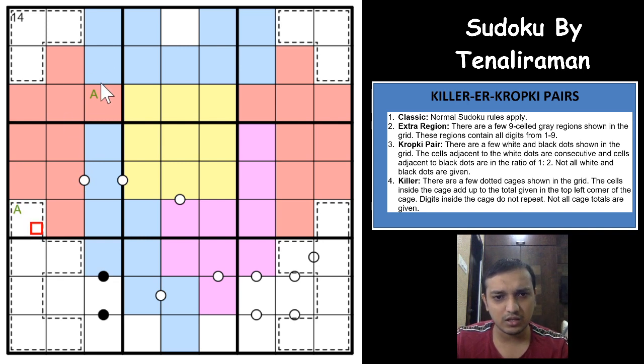And extending further, any number you have in both of these cells would have to be here, because it cannot be in these three cells, it cannot be in these three cells, it cannot be in these two cells as well, because it is the same part of the cage. So a killer cage cannot have repeating digits. So there is only one place for this to go, and it has to be this cell, right?